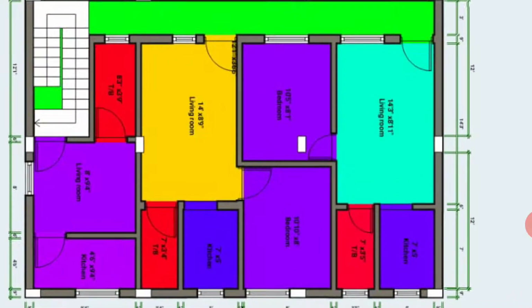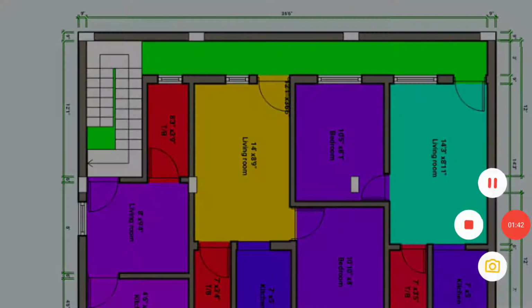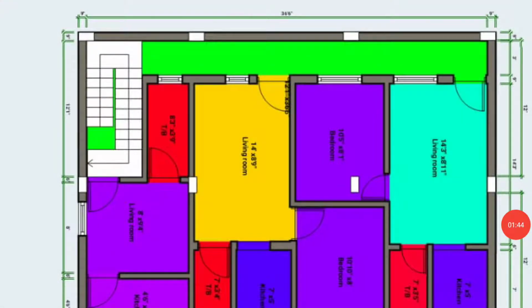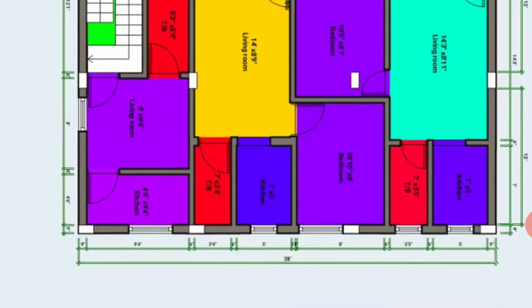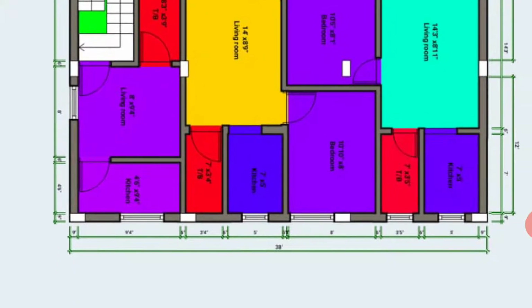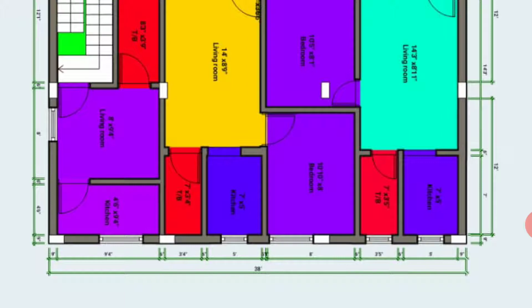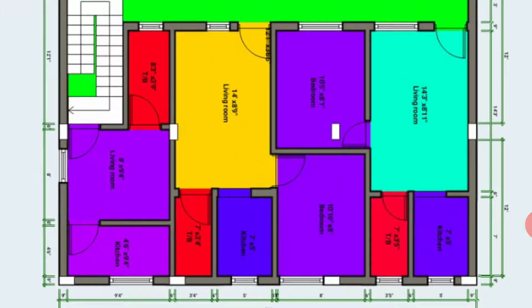Here the entrance has been given. The entrance into the living room size is 14 inch by 8 feet 9 inch, which is a simple type of house compared to other designs. Here is the kitchen, whose size is 7 feet by 5 feet, which is a medium size kitchen, and the space is normal and comfortable, not more and not less than other types of houses.